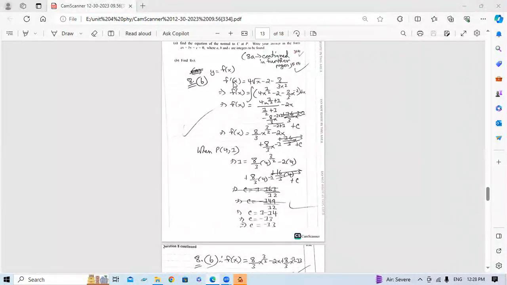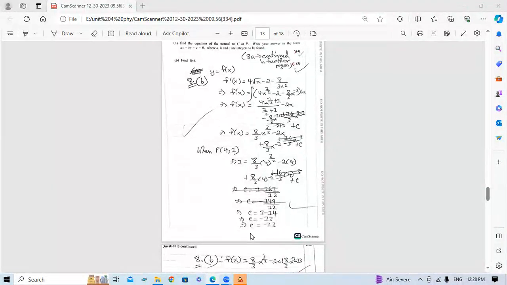So integrate 4 root x, which can be written as x to the power 1 by 2, so 4x to the power 1 by 2 minus 8 by 3 x to the power minus 2 dx. 4x to the power 1 by 2 plus 1 divided by 1 by 2 plus 1, minus 2x. Integrating 2 gives 2x, minus 8 by 3x to the power minus 2 plus 1 divided by minus 2 plus 1, plus c. f(x) equals 8 by 3 x to the power 3 by 2